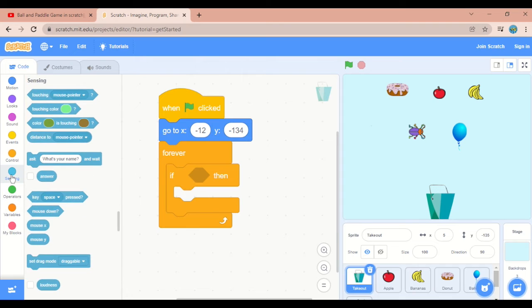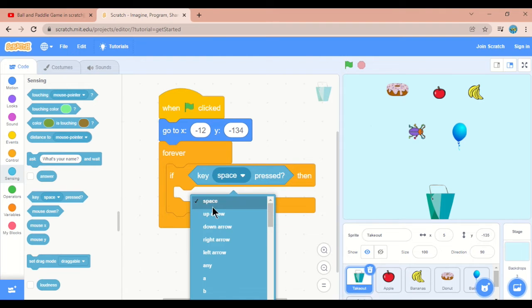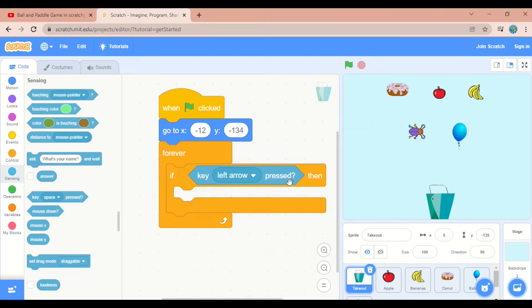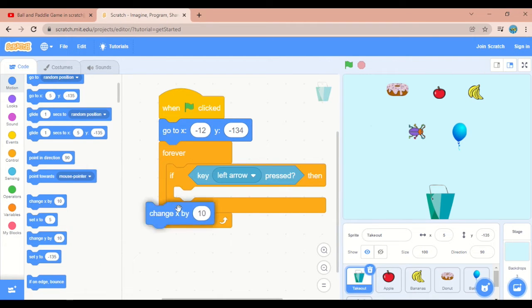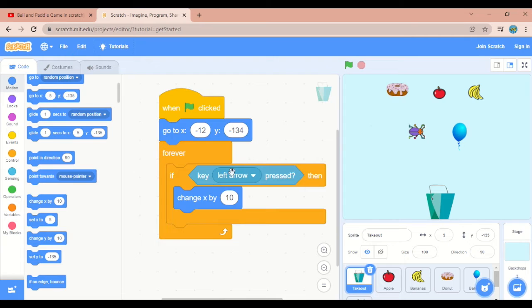You can go to sensing, there you can find key left pressed, then move x direction, change x by 10. Left arrow means leftward, so it should be -10. You can type it using your keyboard.